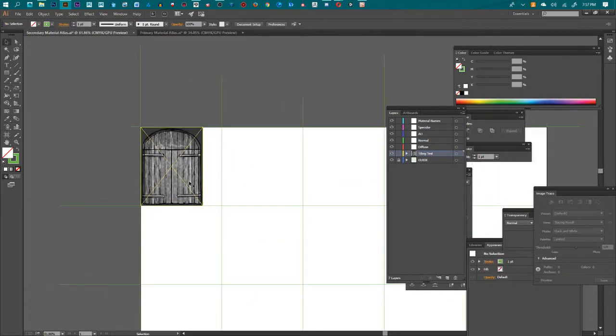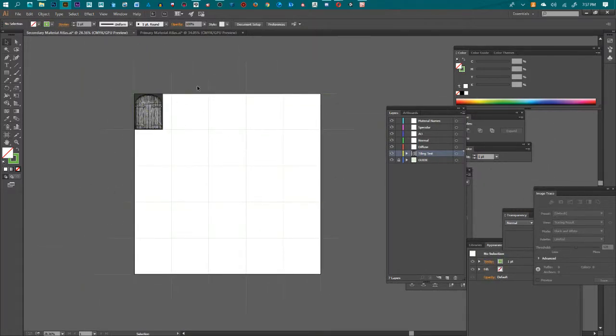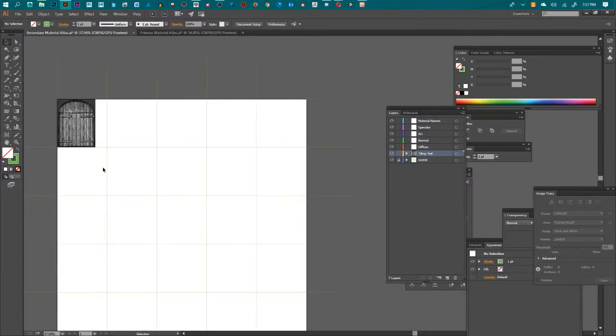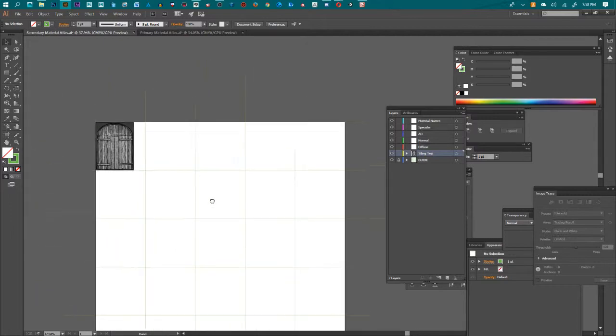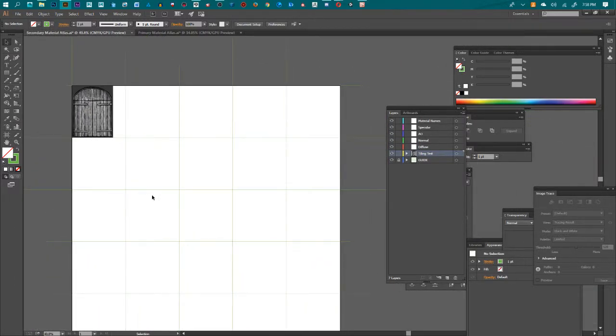Size it up. And keep it in the corner there. I'm going to use this atlas for all of the doors and windows. Doors, windows, perhaps roofing, the iron sheet roofing. Yeah, anything that isn't specifically